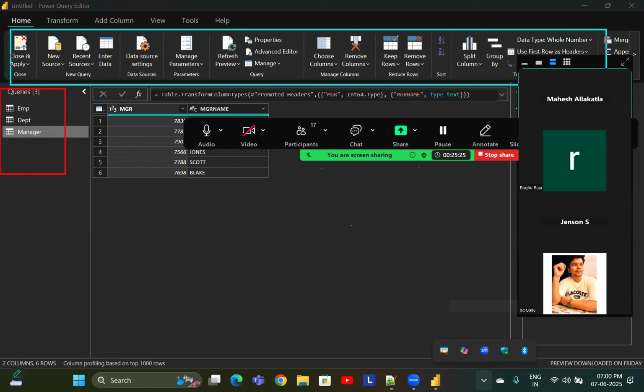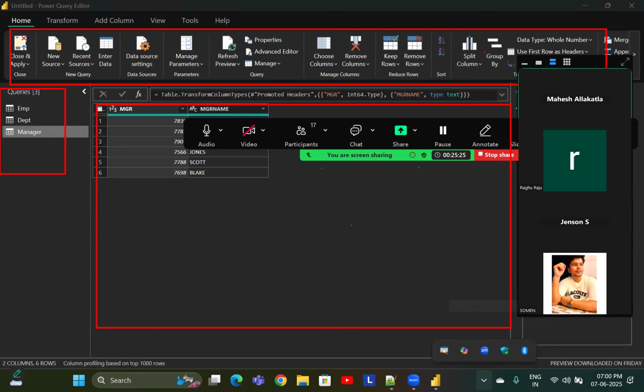This is tabs and ribbons. So this is the data pane. Okay. And this is the formula bar. And one more thing is that